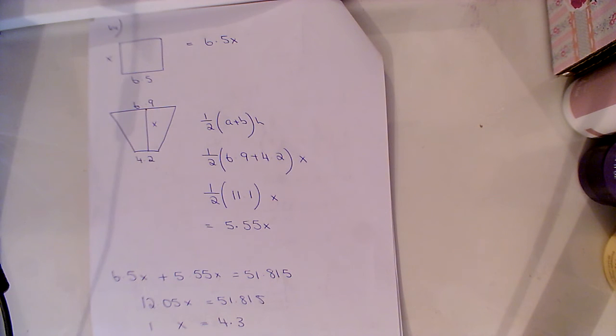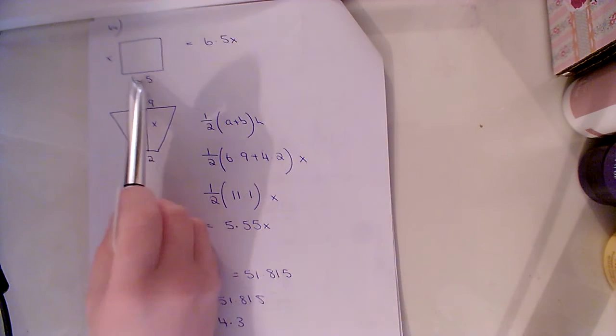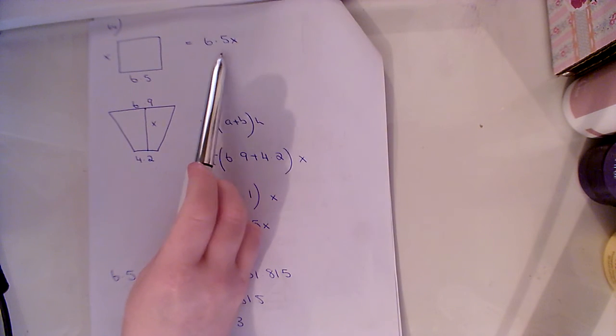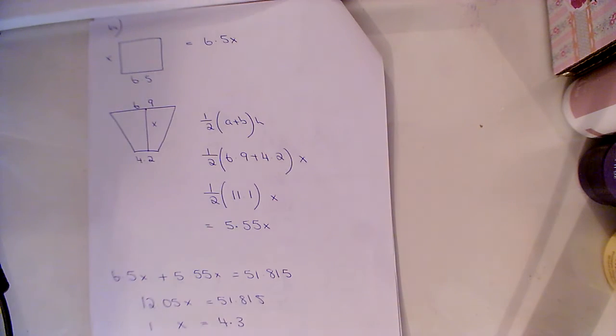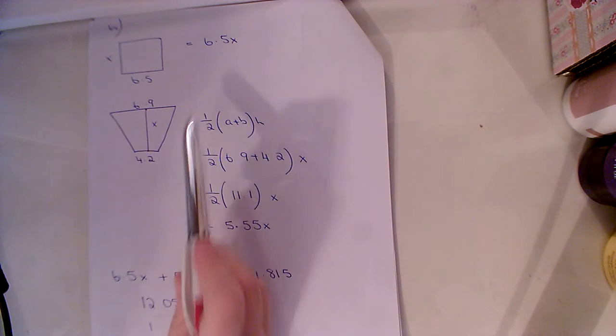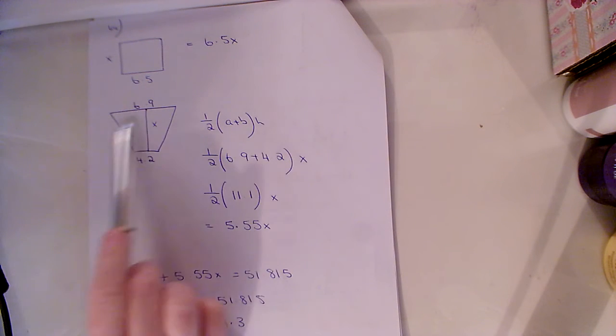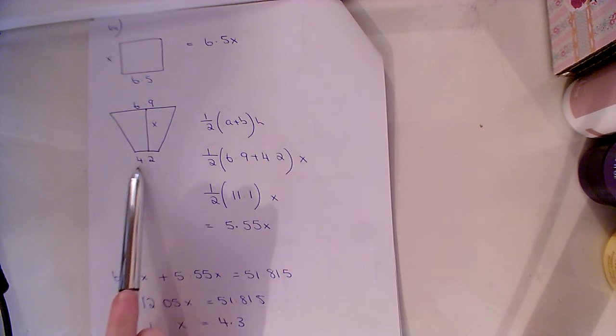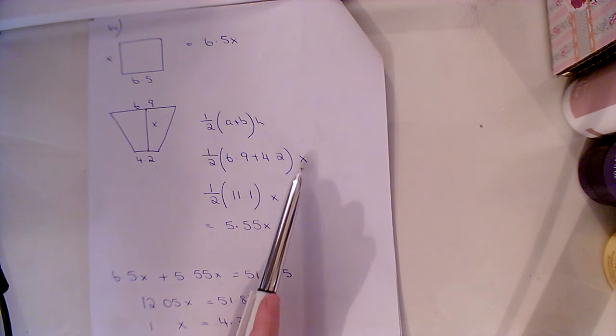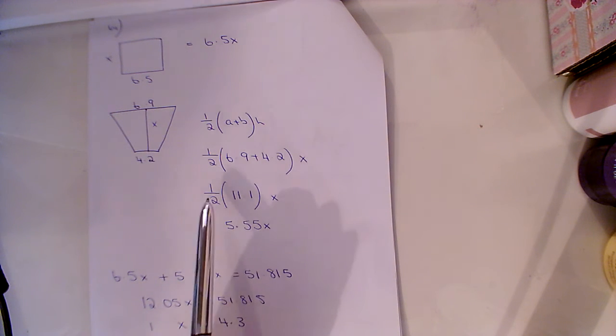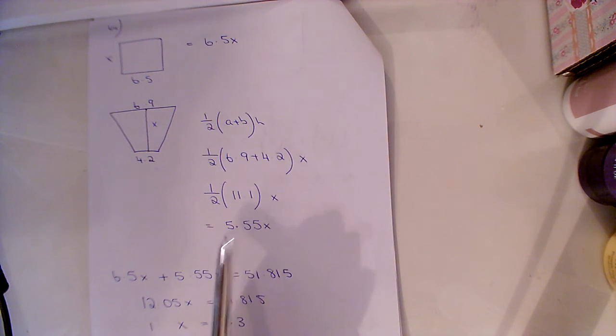Here I have VII, so I'm told the area of the rectangle plus the area of trapezium is equal to 51.815 centimeters squared. So then first of all I need to get the area of the rectangle, so it's length by width, which is going to give me 6.5x. Then I need to get the area of the trapezium, so I have half a plus b, h, so I have half 6.9 plus 4.2, and my height we don't know, so I call it x, and I get half of 11.1x, and I get